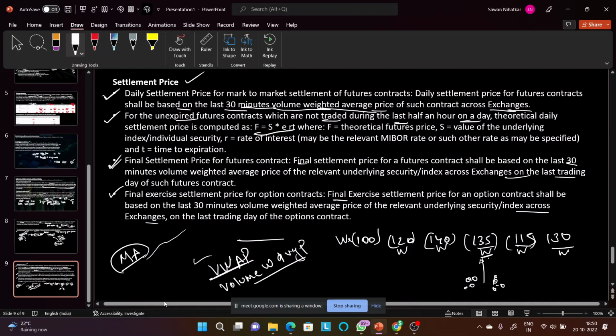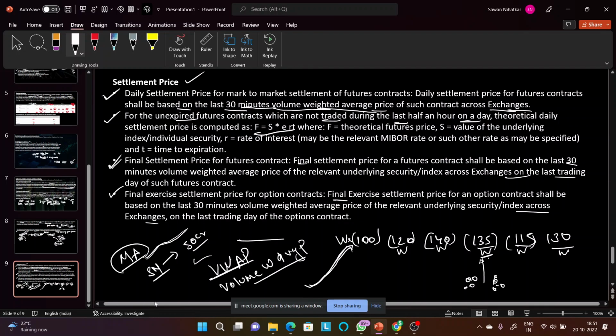Price is there, but if you consider one particular factor, which is only price, it can be misleading sometimes, because there is a particular term in the market which you call smart money. So what do you mean by smart money? Smart money is the people who are trading with a capital of at least 50 crore rupees, which is a very huge amount of capital. 150 crores, 100 crores, and such capital is enough to move the entire market by at least 100 to 200 points. When you put in so much money in the market, the price automatically rises a lot, because there is a lot of buying in that case.